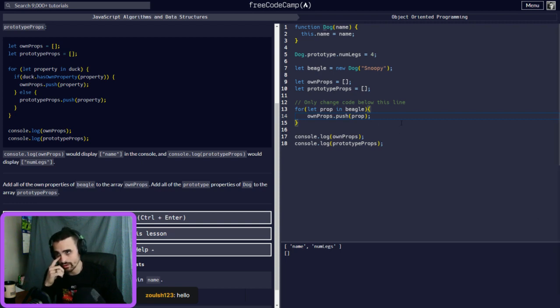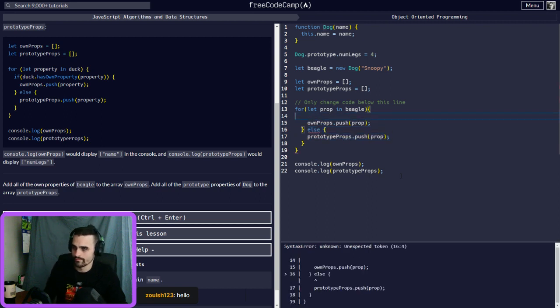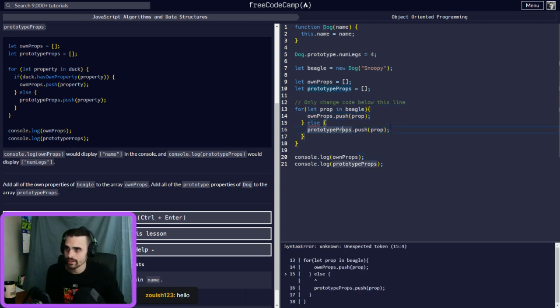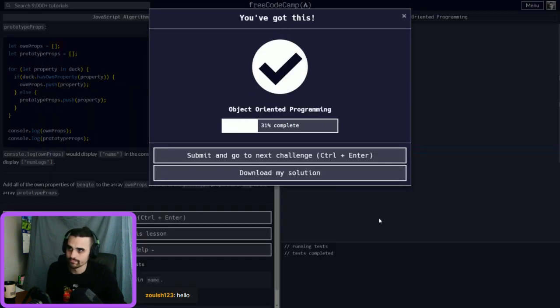If you need to add them all into one, you can do it this way. But we're going to separate them out. Let's change that back. We need to have the if statement back. Get rid of our console. All right, so there we go.